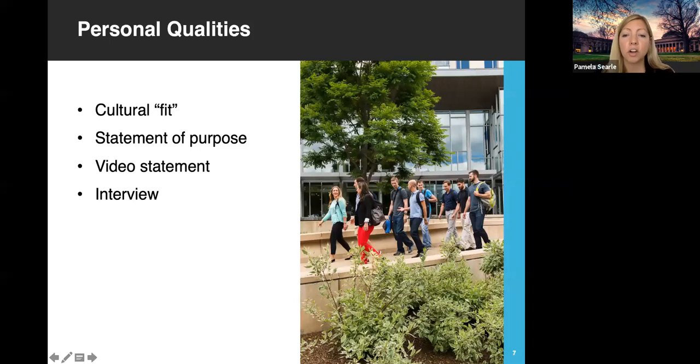So we want to make sure that you're a good cultural fit for the program. And as you might know, LGO is designed for students who are interested in the intersection of business and technology, who want to become industry leaders, and who see problems and solve problems. We often say LGOs get things done. LGO students are also incredibly humble and extremely collaborative. So we're looking for candidates who show us through the application and the interview that they're a good match for